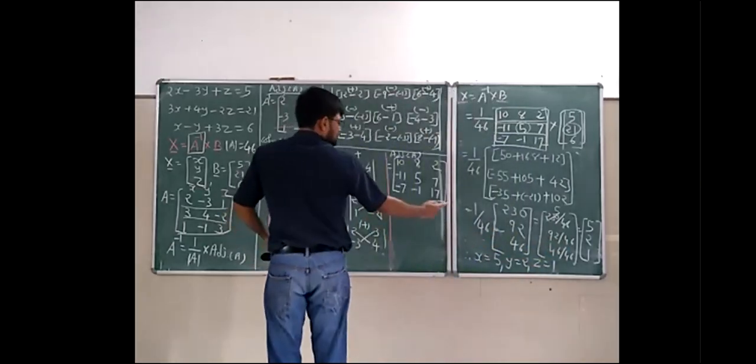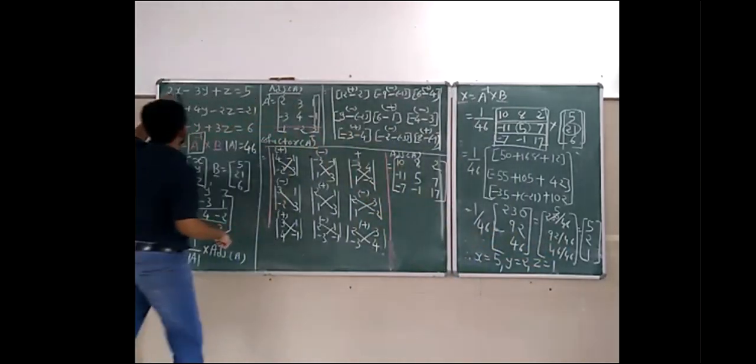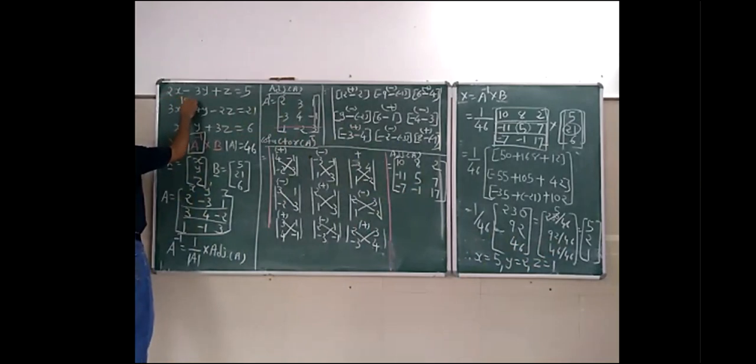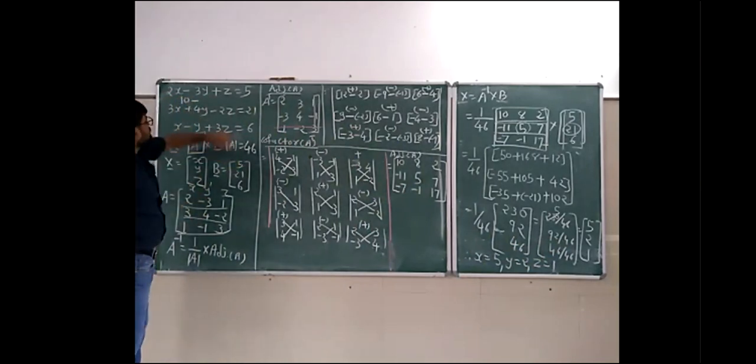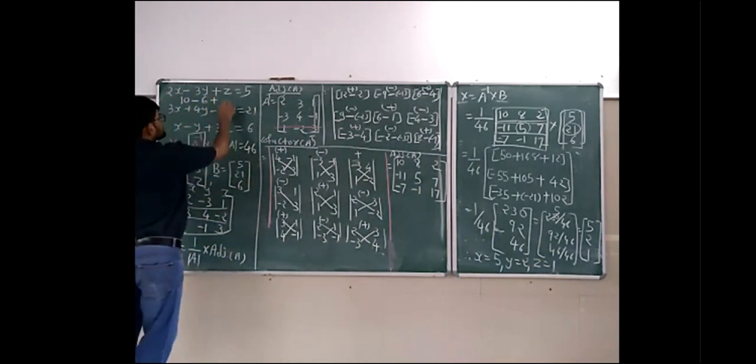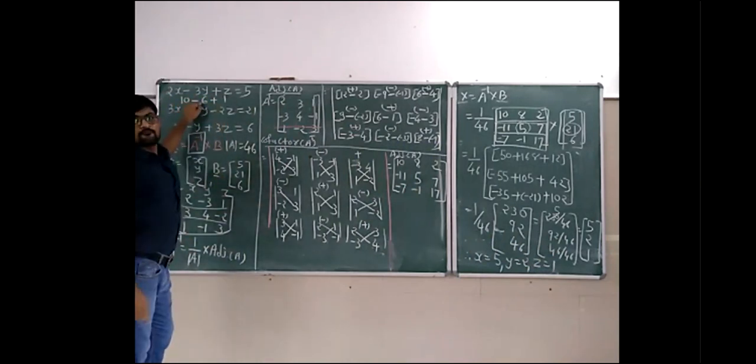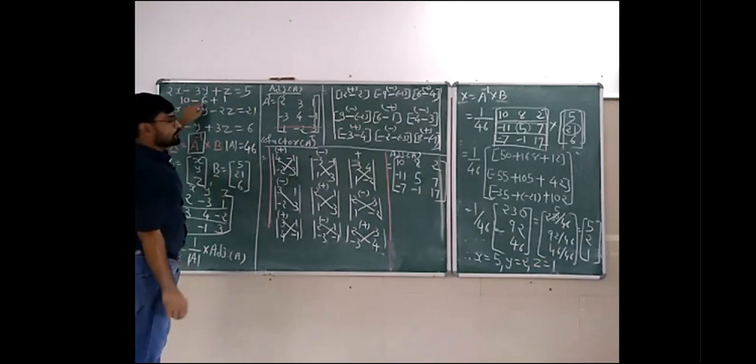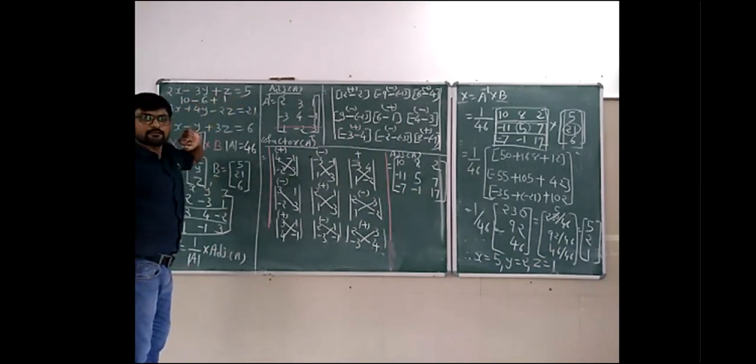So, substitute x equal to 5 here. So 5 into 10, minus, what is y? 2. So 3 into 2, 6. Plus, that is 1. So 6 minus 4. 6 minus 10 minus 6, 4. 4 plus 1, 5. Verified?